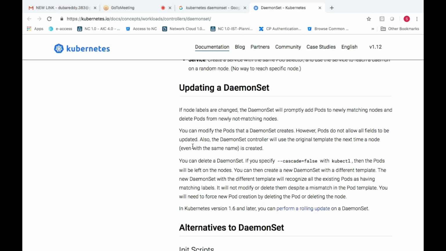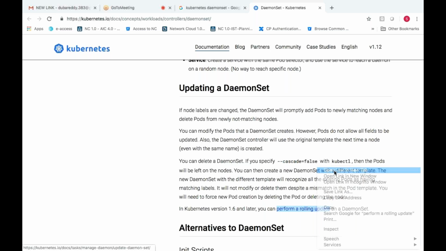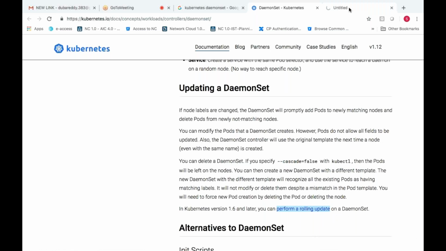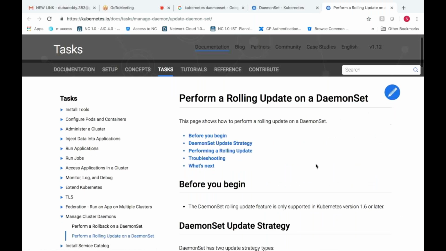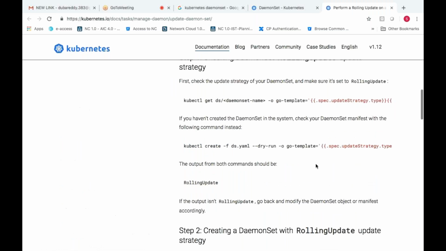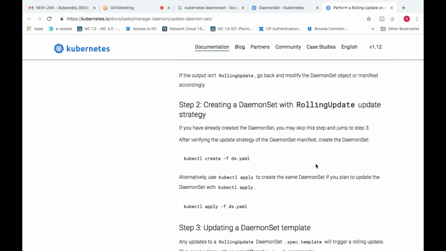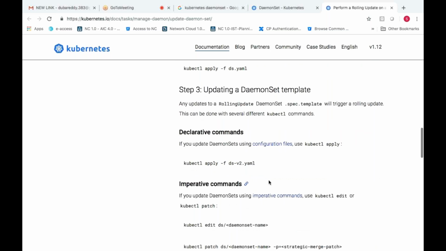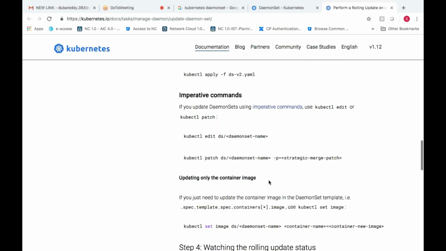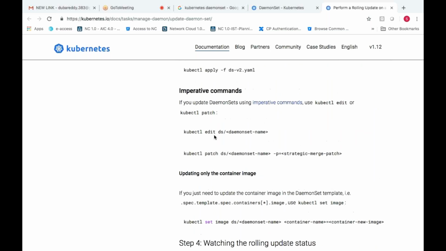So you can do updating on the daemon set. In the sense, if you want to change the version and all, you can do it on a daemon set also, like we have done in the deployment, updating from one version to another version. So that can also be performed on your daemon sets. It is a rolling update. We just need to change the parameters, then use kubectl edit daemon set and apply. I already told you, kubectl edit will open a YAML file and then you can update.